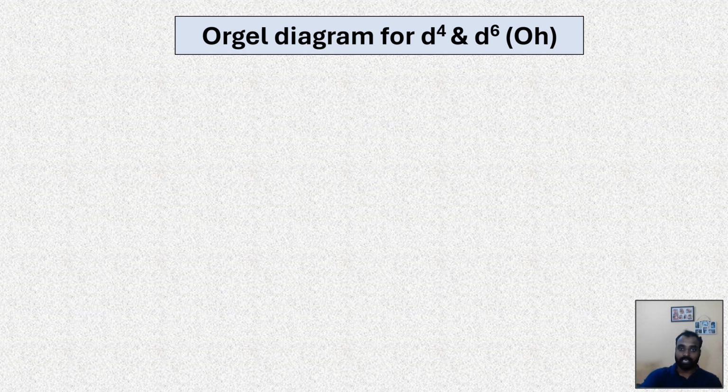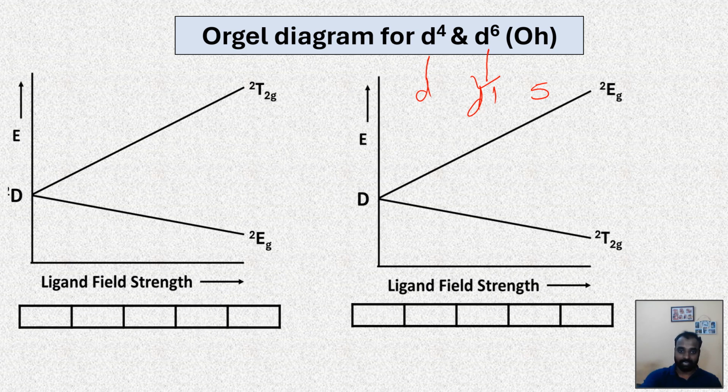In the case of D4 and D6, we are expecting the same as here. D1 and D6 have a 5 electron difference, and D9 and D4 have a difference of 5 electrons. According to the Orgel diagram, we can see that a difference of 5 electrons gives the same Orgel diagram. So for the octahedral D4 complex, 1, 2, 3, 4, we are getting a transition from the E energy level